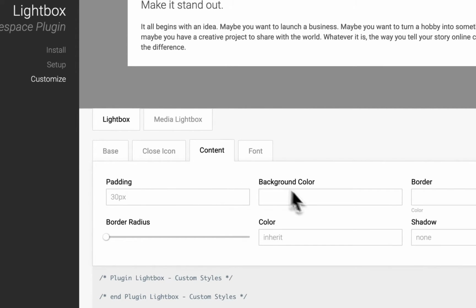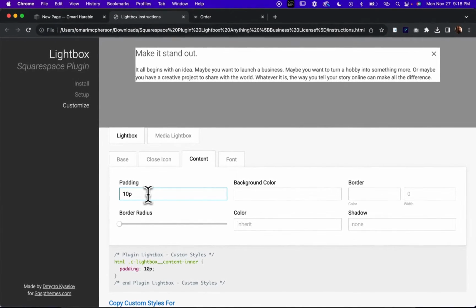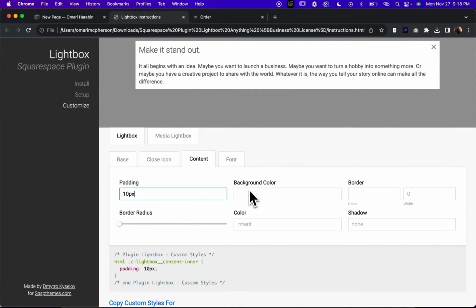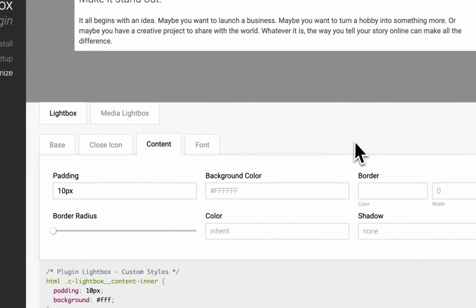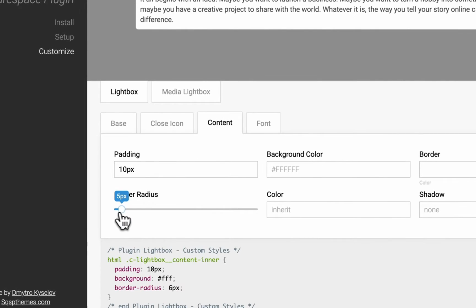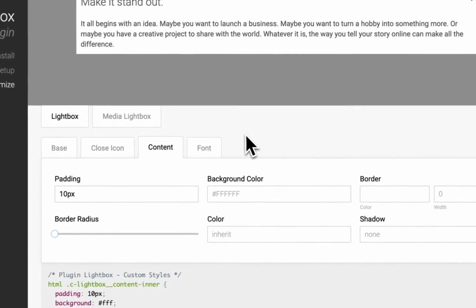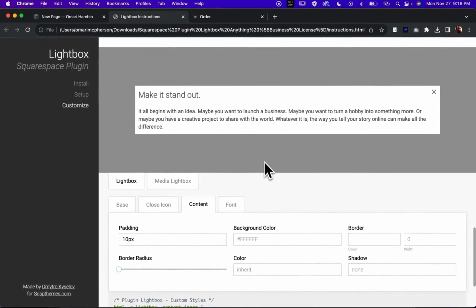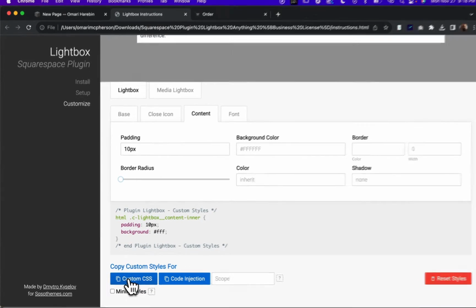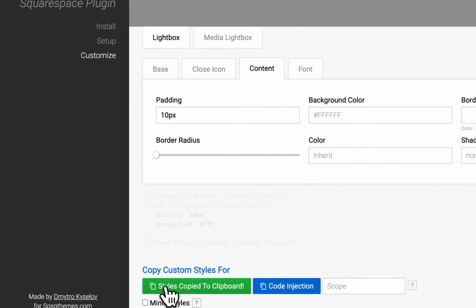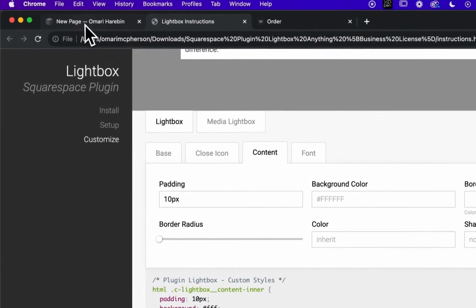So let's say I don't like so much padding. Maybe I want only 10 pixels here. And maybe I don't want the background color to be black. Maybe I want it to be white. And maybe I don't want any border radius. Okay. So now I can click custom CSS, and that will copy those styles to my clipboard